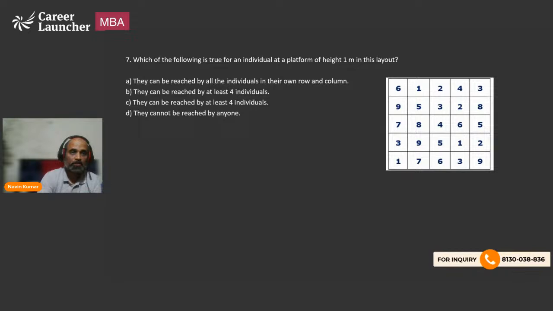The next one is, which of the following is true for an individual at a platform of height 1 meter in this layout? So if we look at 1 meter height, we have got 3 of them. So can we say this guy or any guy who is at 1 meter platform, he can always reach around, but nobody can reach there? So they can be reached by all individuals in their row and column? No. They can be reached by at least 4 individuals? No. They can be reached by